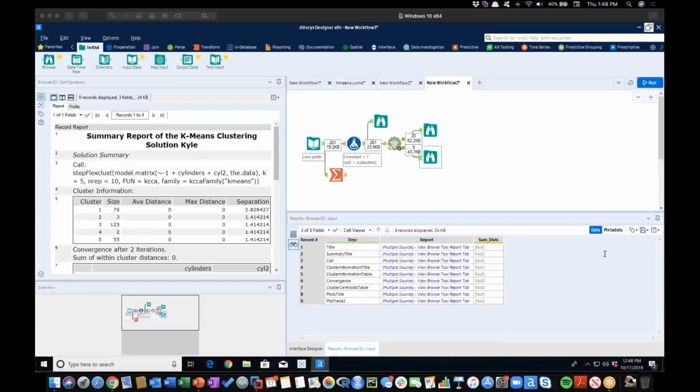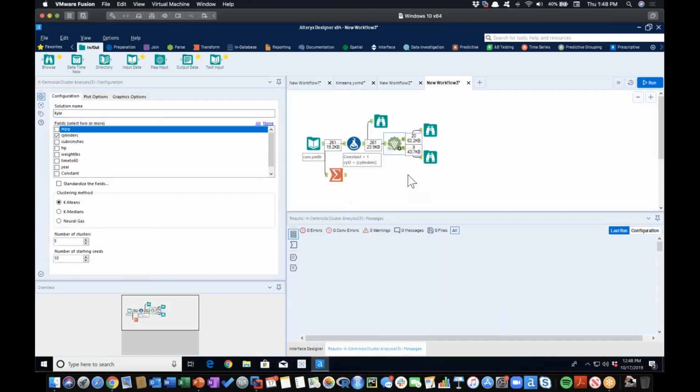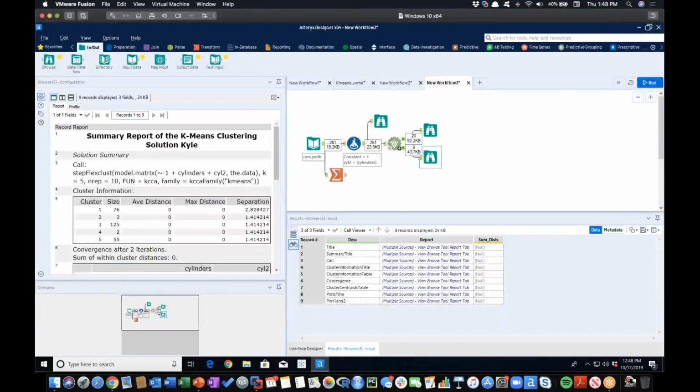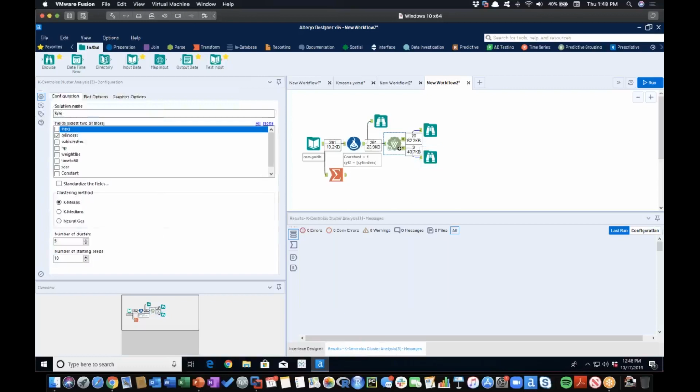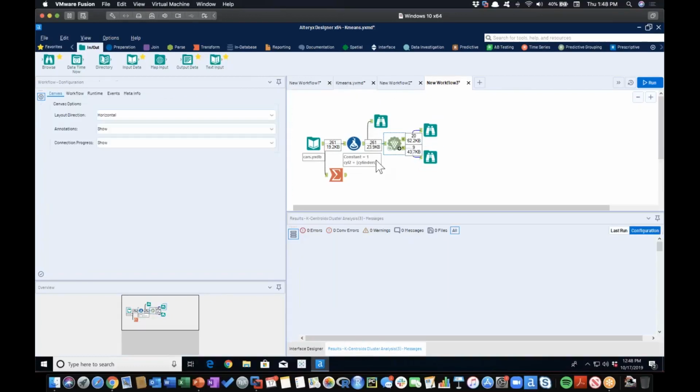The issue is that you can't inside of Alteryx actually get a scree plot, so it's not something you can see. So Alteryx is always making you define how many clusters you want. But the good thing is if you are using